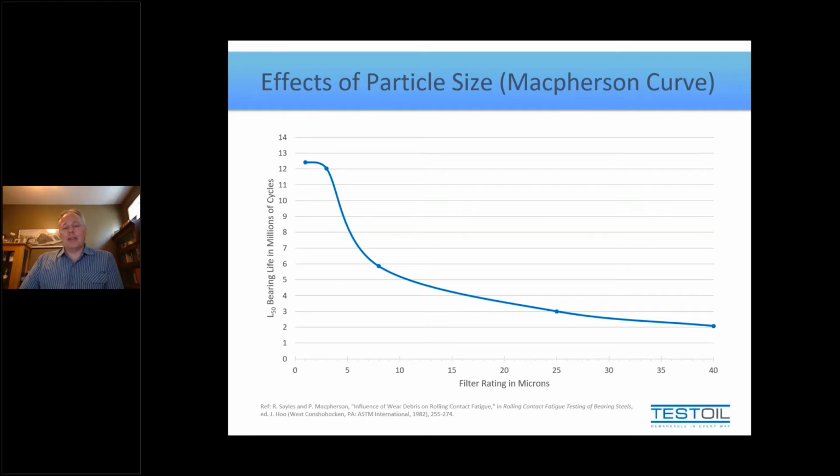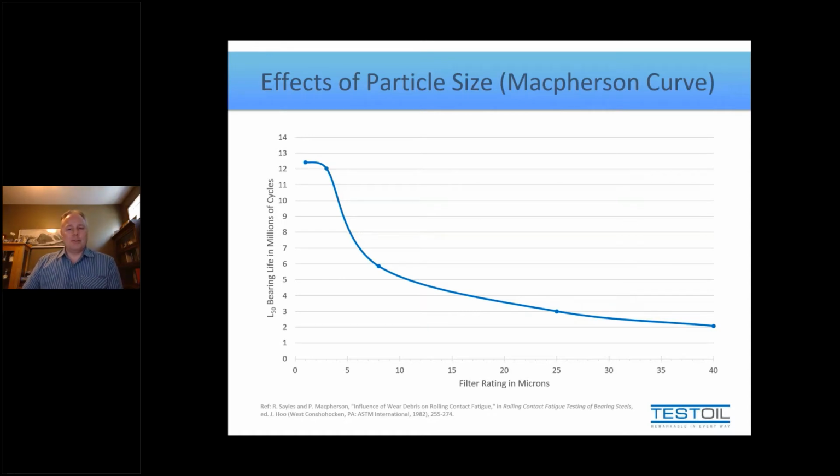But what you'll notice, though, is after you filter much below about 3 microns, when you filter to 1 micron, you really don't continue to see that trend. It actually kind of levels off. And so this leads us to wonder, why is there this relationship? Why is the curve shaped this way? How come there's such a big impact in this essentially 1 to 5 micron range, but beyond that, it's not really focusing a lot of energy towards an improvement?